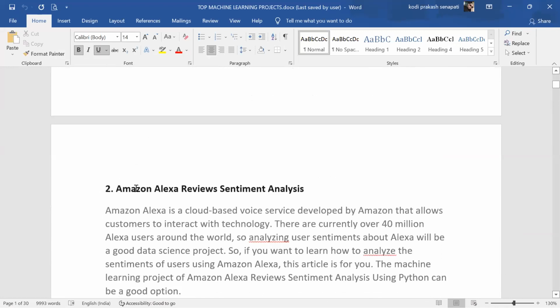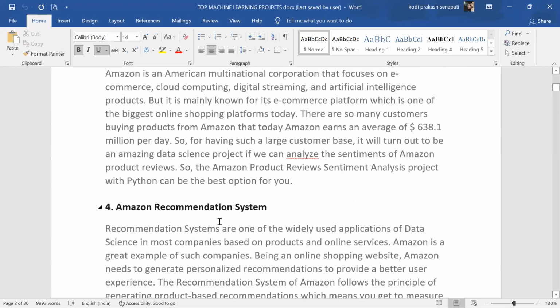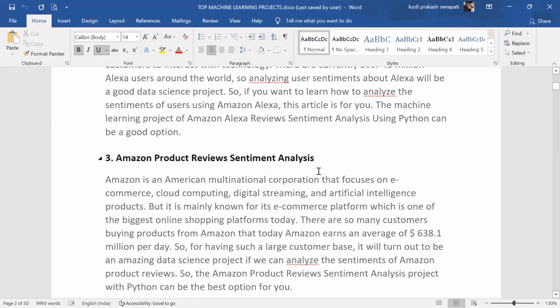The very important one is Amazon Alexa review sentiment analysis, a product review. What is meant by product review? Let's say before you buy a laptop or iPhone, you see the reviews or not? Based on the reviews, you purchase an item. So that project is called Amazon product review sentiment analysis. If 10 people say this item is not good, are you going to buy? Indirectly, the machine recognizes the sentiment of other persons. Am I correct or not?